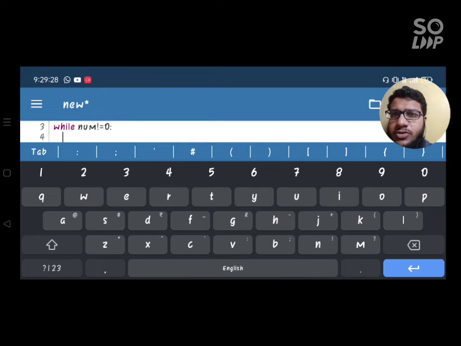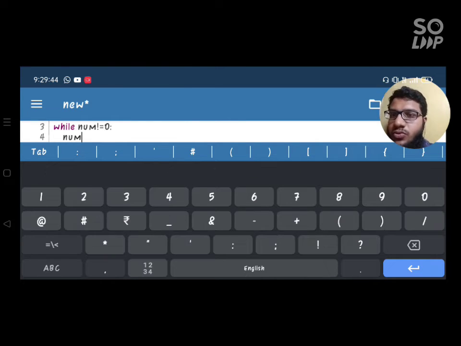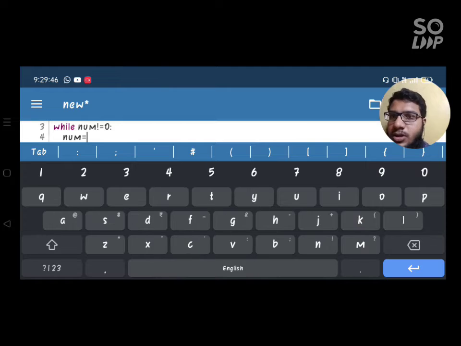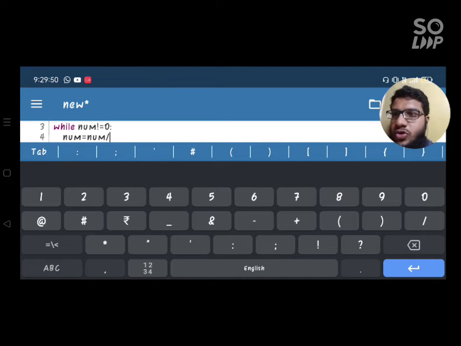While num is not equal to 0, means while the num will not become 0, what I'll be doing is making num equal to num divided by 2.